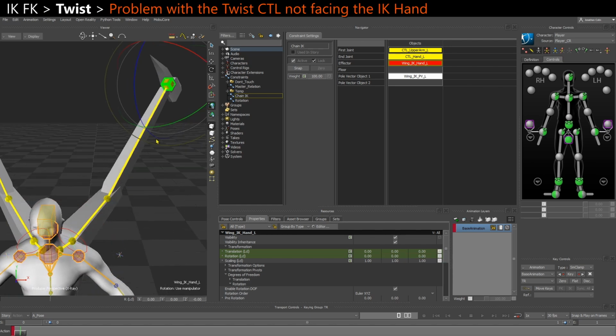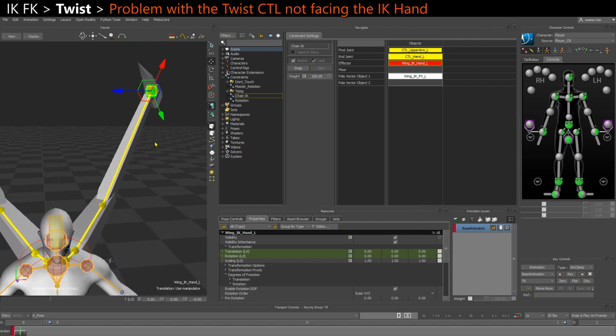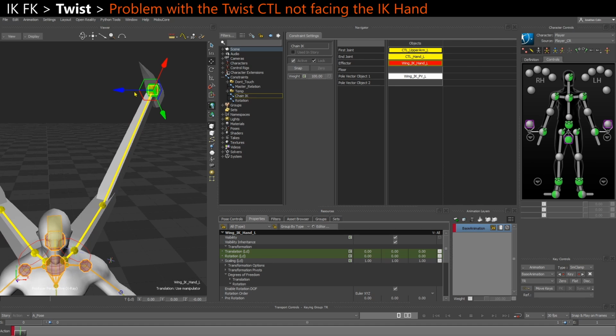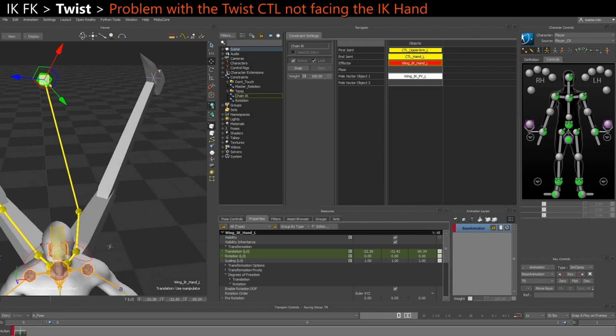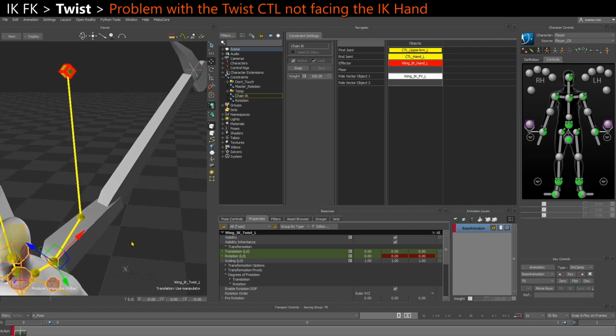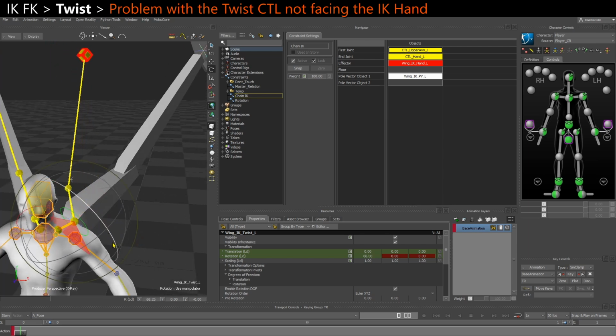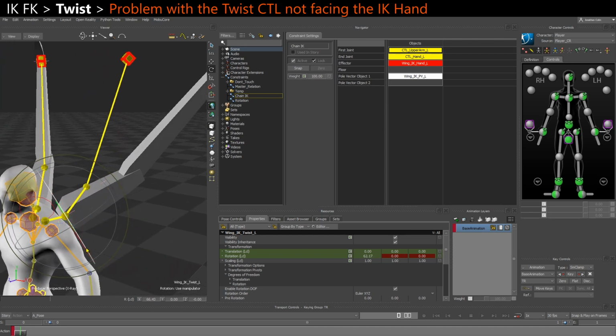And then one other thing that's very important is the planarity of the limb. So I will explain. If I move my IK hand this way, for example, all the way to the left of the screen, you see the twist didn't follow along, right? The twist just stayed oriented in its original direction like that. And the problem with that is that now if I rotate on X, it's kind of rotating in a weird direction